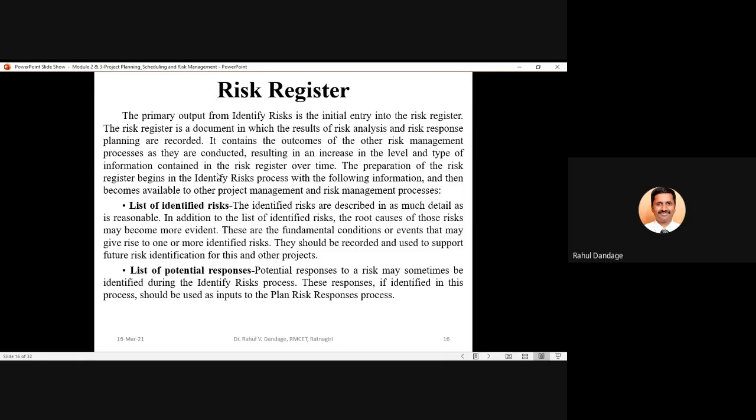These potential responses can be prepared and documented by discussion with other stakeholders, by discussion with other members involved in the risk identification process. But the output of this risk identification process is preparation or updating of your risk register, because this risk identification process is to be conducted at regular intervals, and at every interval the register will get updated with some new categories of risks.